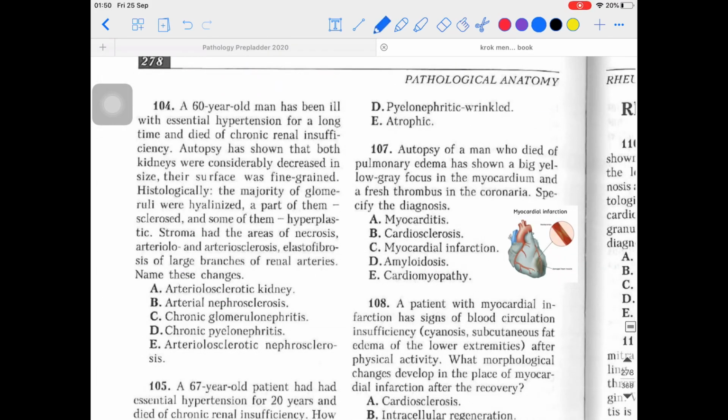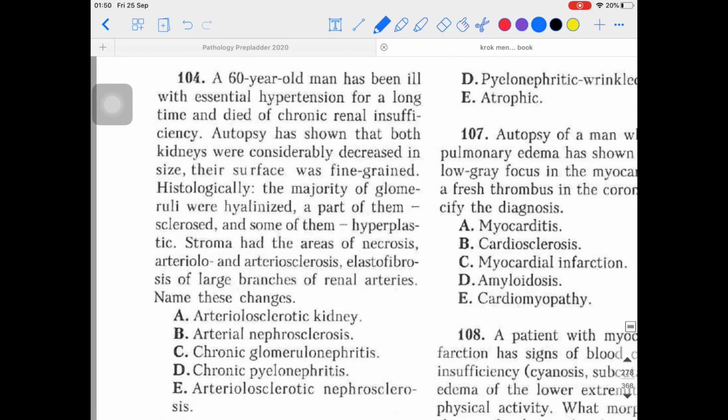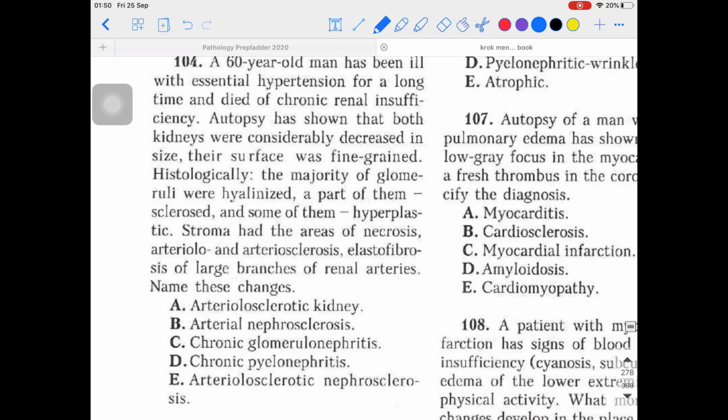104. A 60-year-old man has been ill with essential hypertension for a long time, died of chronic renal insufficiency. Autopsy has shown that both kidneys are considerably decreased in size. Guys, let me tell you that if the kidneys are not getting proper blood supply for a longer period of time, we will call that chronic renal insufficiency, because of insufficiency of blood as far as kidneys are concerned. So in chronic renal insufficiency, if the kidneys do not get the blood supply,